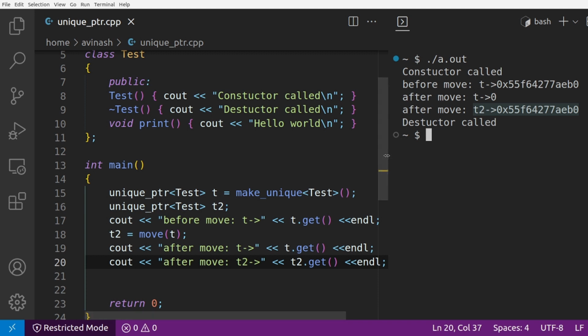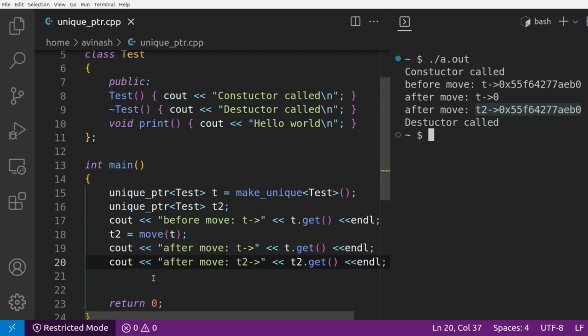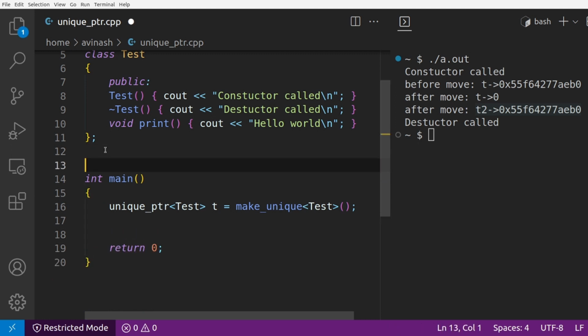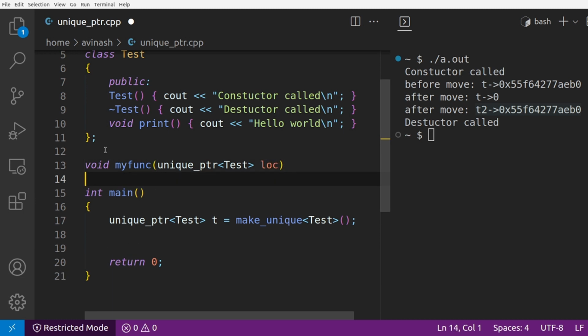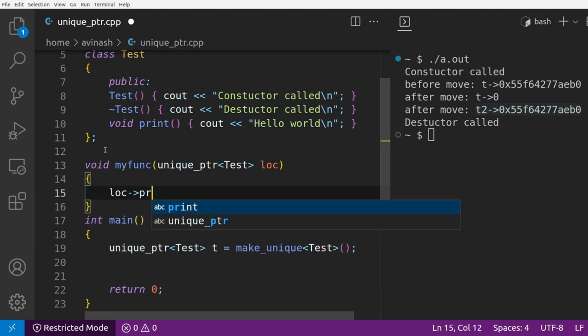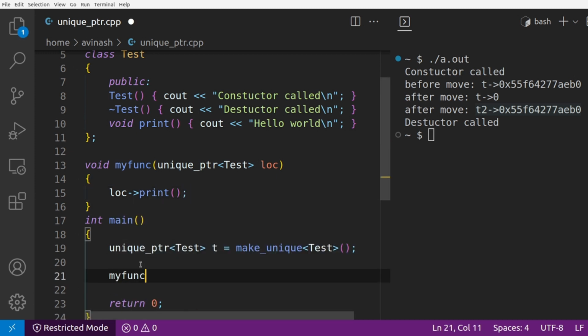Okay, so now we are going to understand call by value and call by reference for passing the unique pointer to different functions. So just clean up all the things. Write a function here, void myfunc, unique pointer test local loc, and then call the function print. If you try to pass T here,